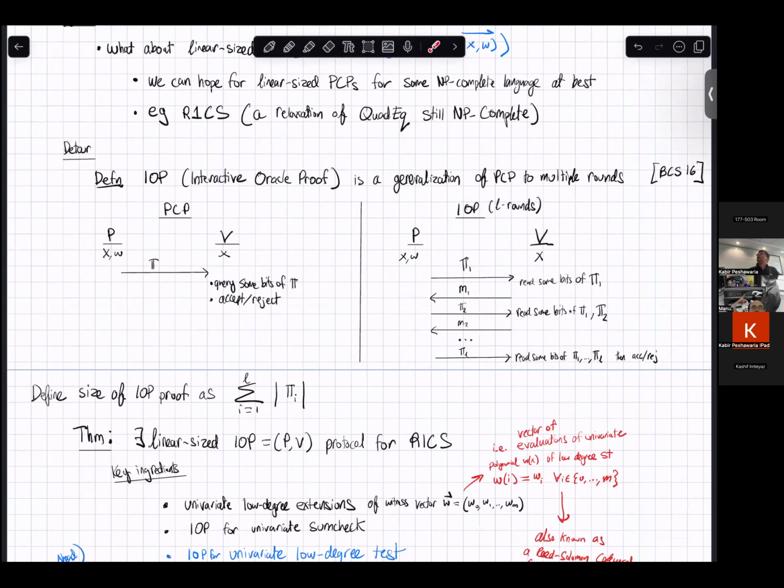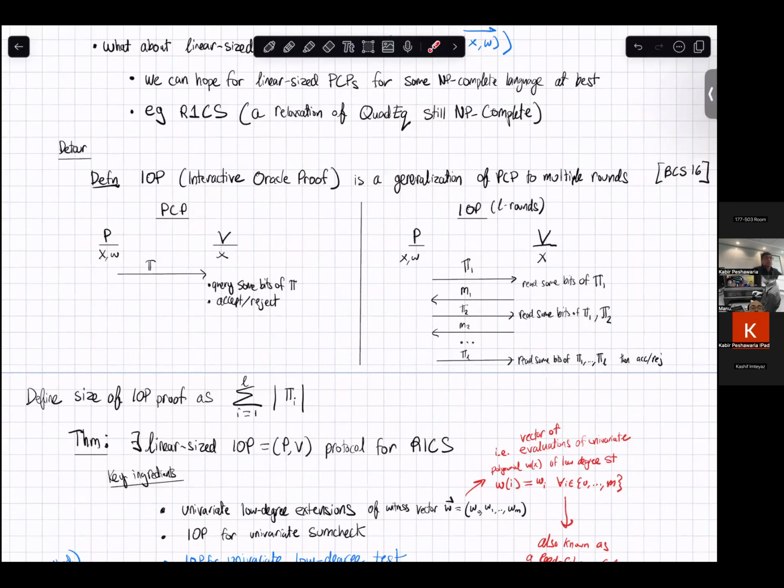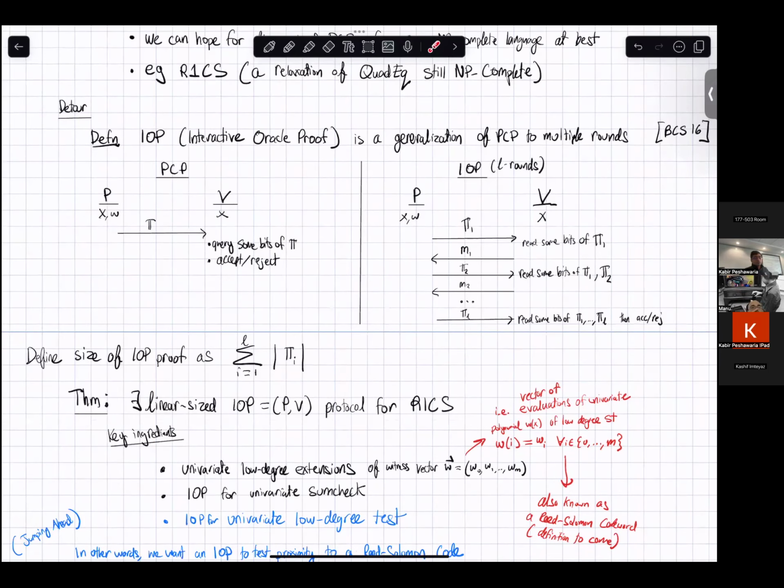So here the verifier just reads a constant number of bits from each message? Yes. The query complexity of the verifier here is how many bits it reads in all of these. One slightly subtle notion, which is not important for today's talk, is that after you send pi2, the verifier is allowed to read pi1 and pi2 anywhere it wants. It doesn't just have to read one. It's not super important for today, but generally, if you're looking at IOPs, that's something neat to know.